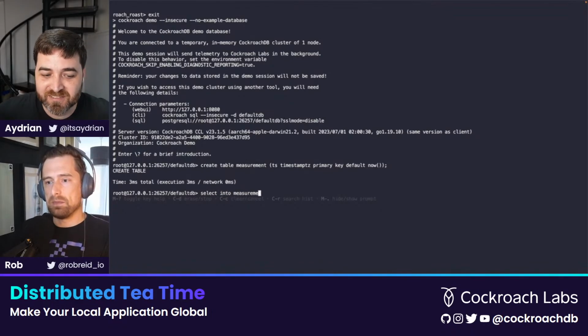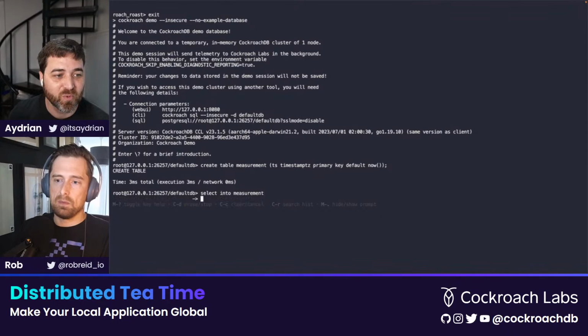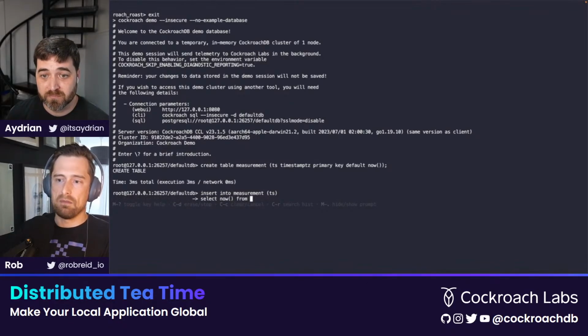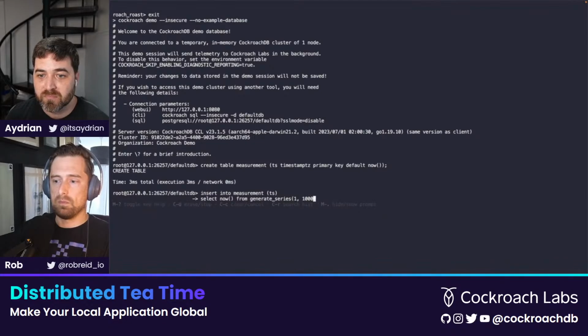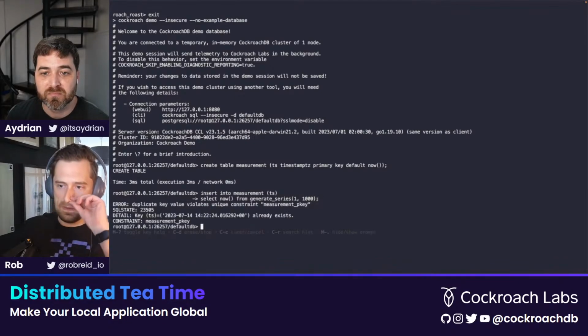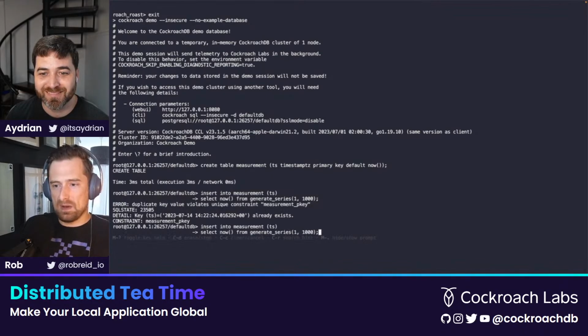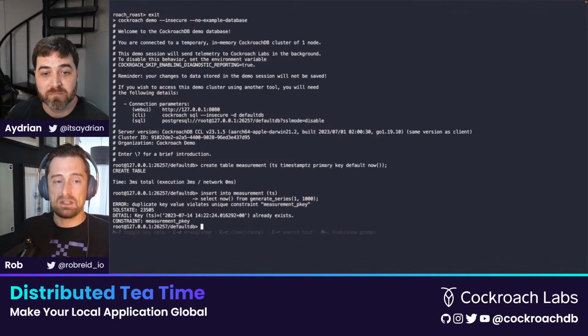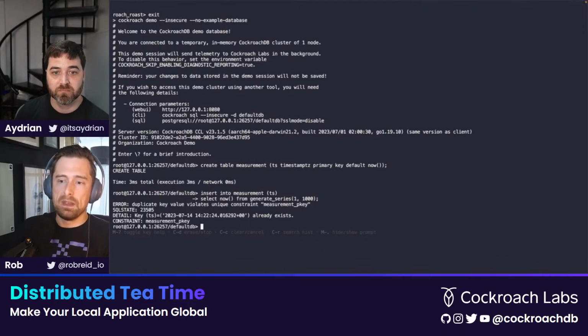So if we insert into measurement, no, insert into measurement, and do a select now from generate_series 1 to 1,000. Oh, that's because I'm inserting now. Okay, I'll show you what the alternative is. At the moment, if I insert data into this, it's going to be sequential and you're going to have a bad time. If I drop the table